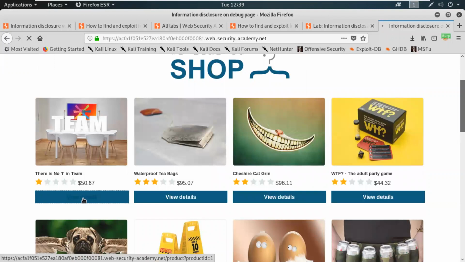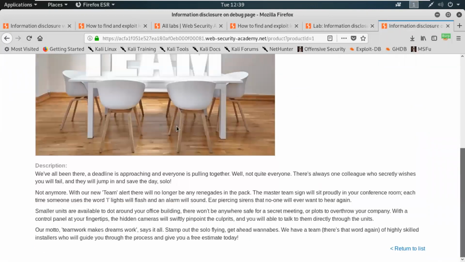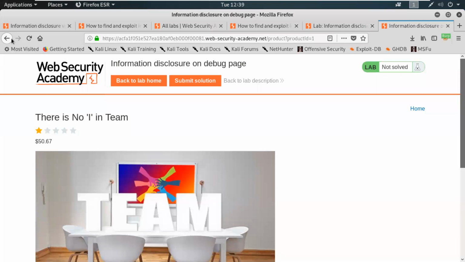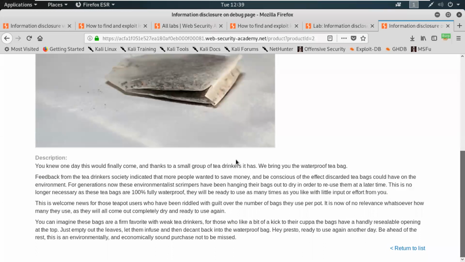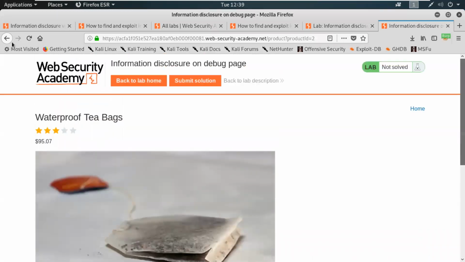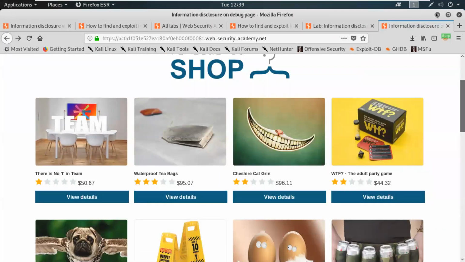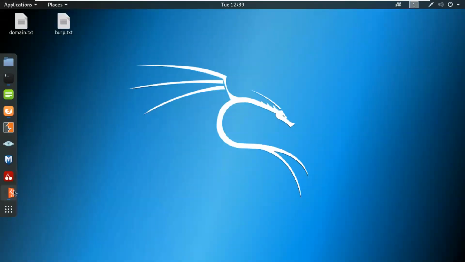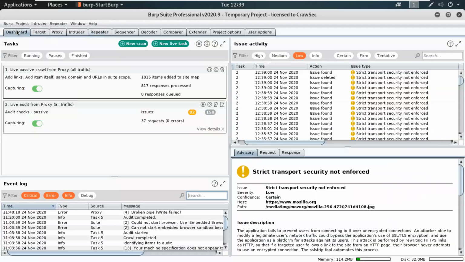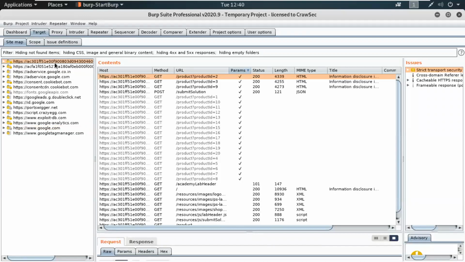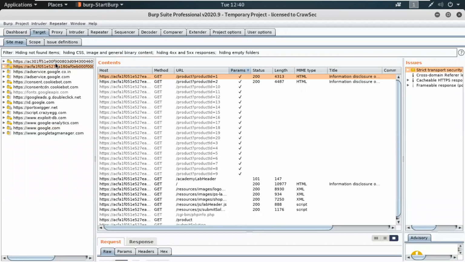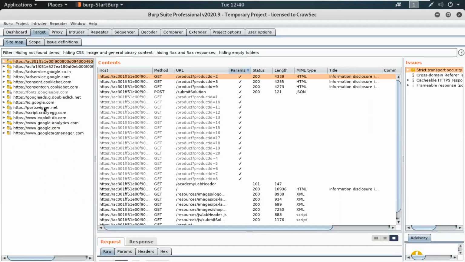Submit the solution is a different thing. Let's go to the view part. Let's go over here also. So we can see this is a normal page that we find. Our major objective is to see the source code of the file. So what are we going to do? We're going to go to the sitemap. The sitemap of this test post trigger will be like this, I guess, because it contains some sensitive information.